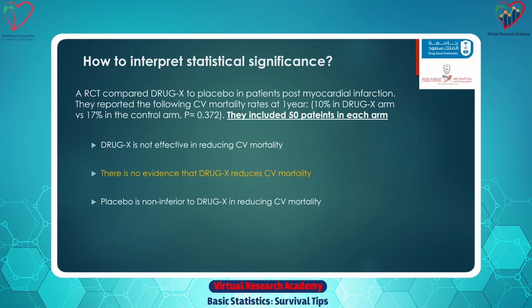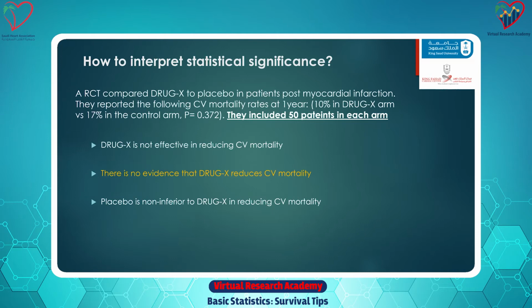And this is only one reason why you could find a non-significant p-value. There are other reasons, related to the conduct of the study, crossover, loss to follow-up, and so on. So the fact that you find a non-significant p-value does not mean that the intervention is not effective. It just simply means that in this study, you did not find evidence that it does reduce the mortality or whatever outcome you're after. And then you will have to decide if that's because the drug is not effective or because of many other reasons.